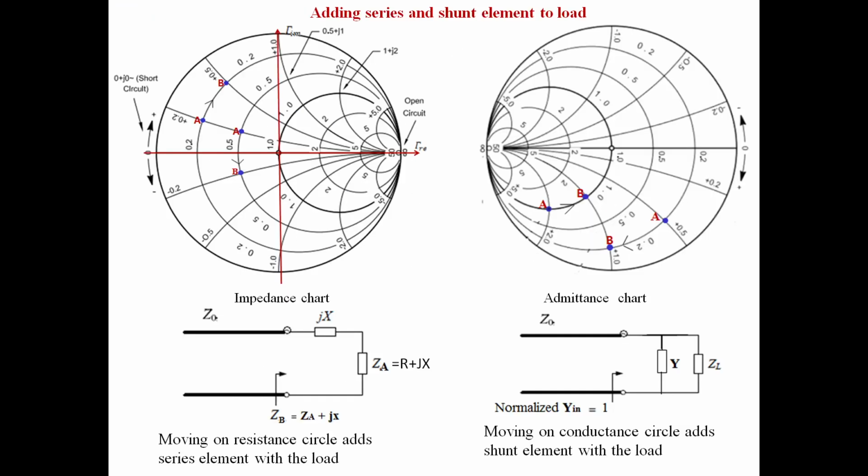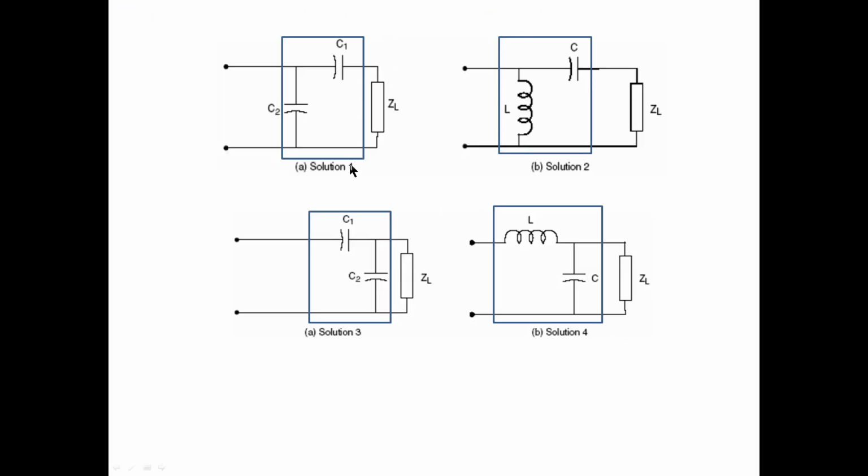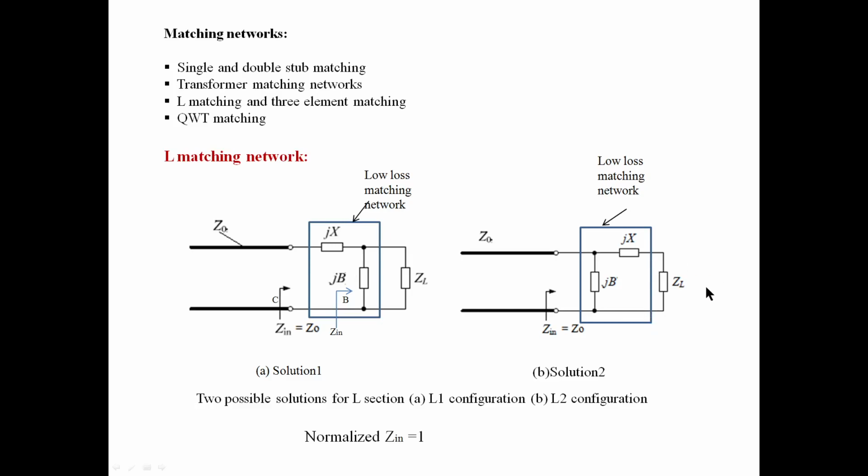By adding elements in the L shape, in any one of these forms, we can get an impedance matching. So if this load ZL is not matched with the Z0, by adding reactive elements like this, one is the series reactive element, another is the shunt reactive element, you can get an impedance matching. If you consider this ZL alone, there is no match between this ZL and Z0. But by adding one element, it will change the total impedance here.